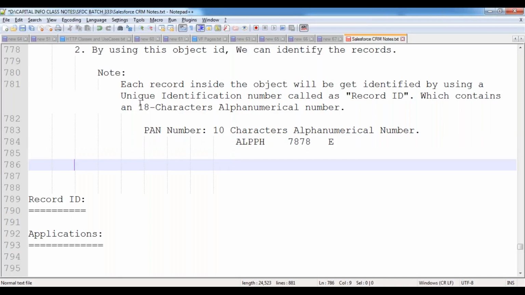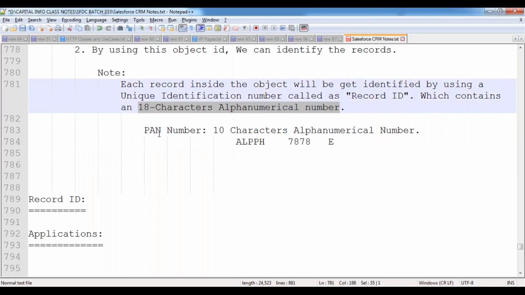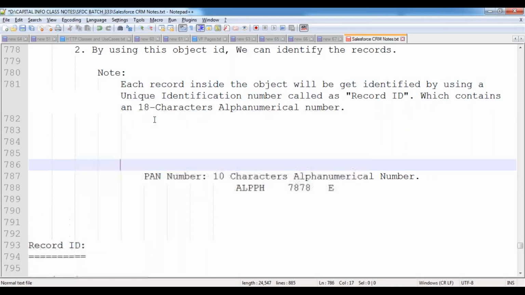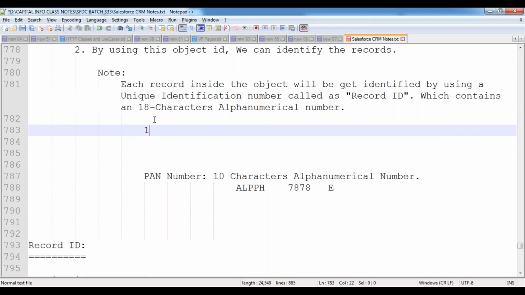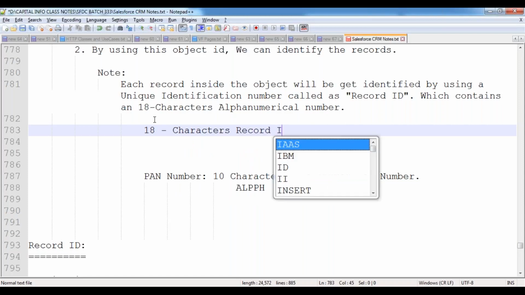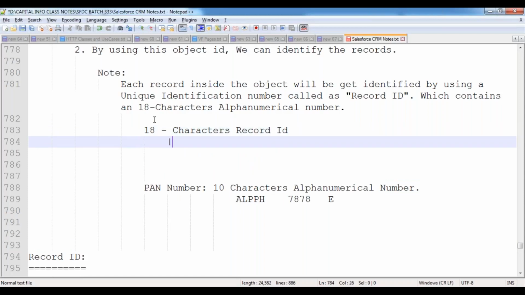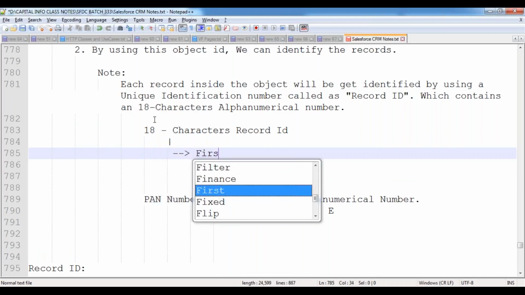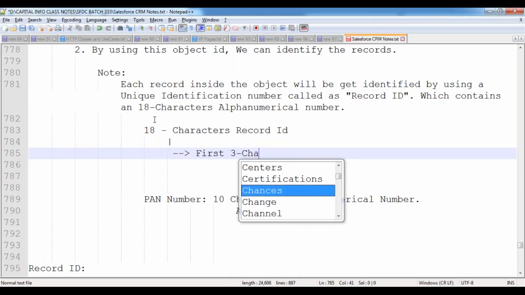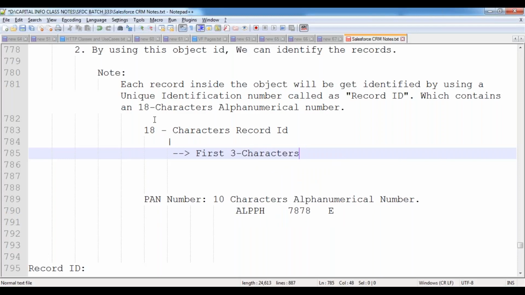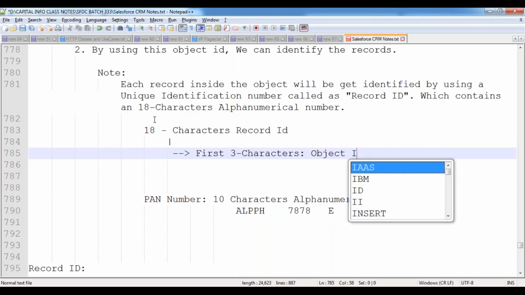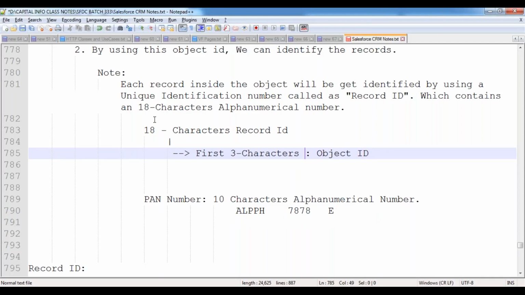In a similar way, when generating the ID for a record, Salesforce also follows a format. So in the 18-character record ID, the first 3 characters represent the object ID.